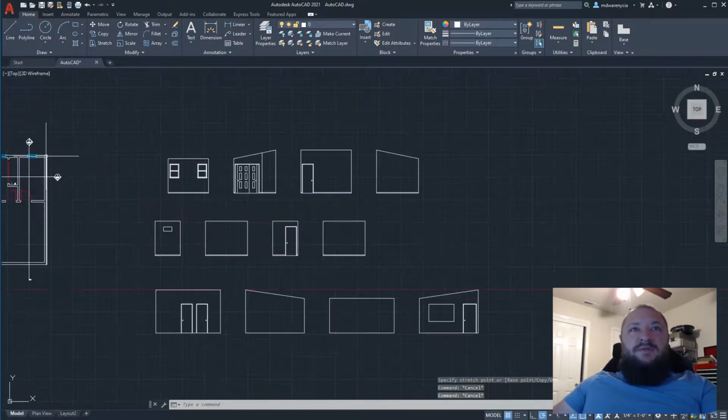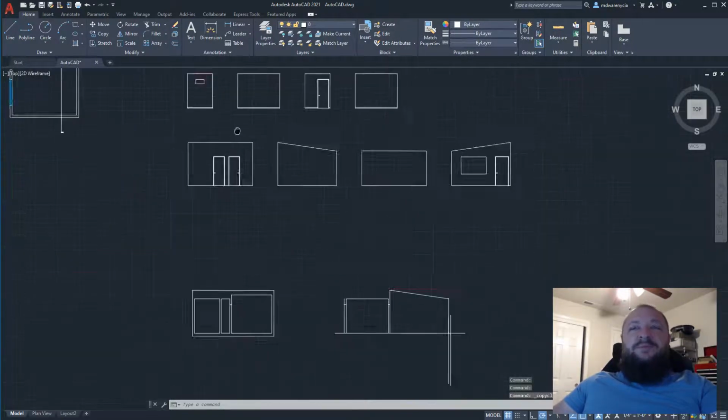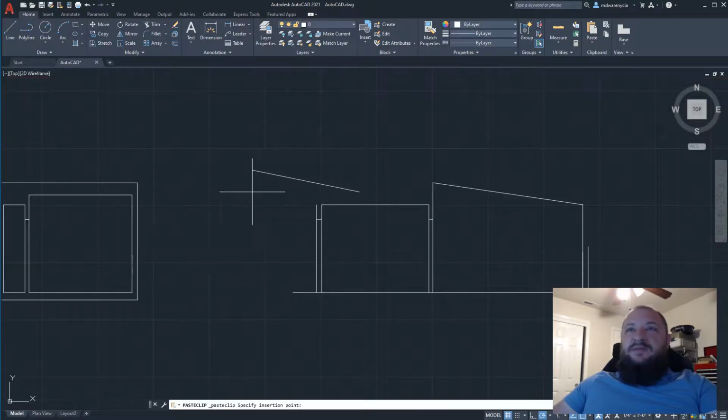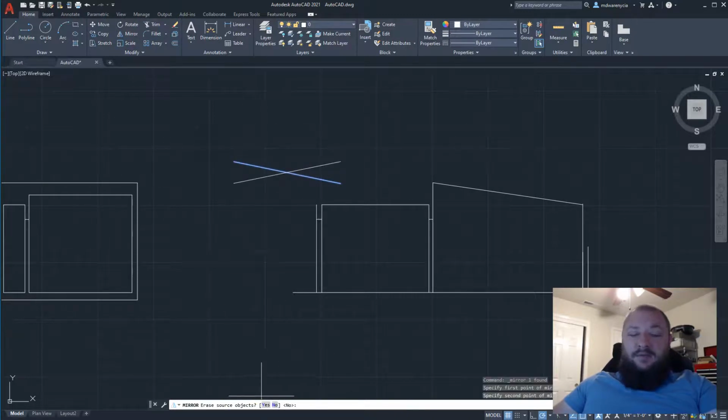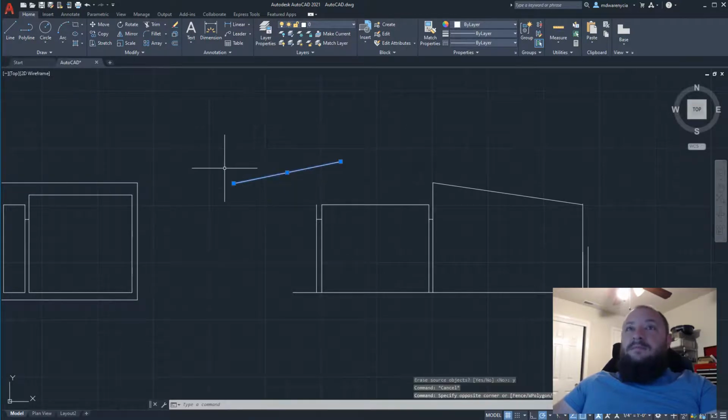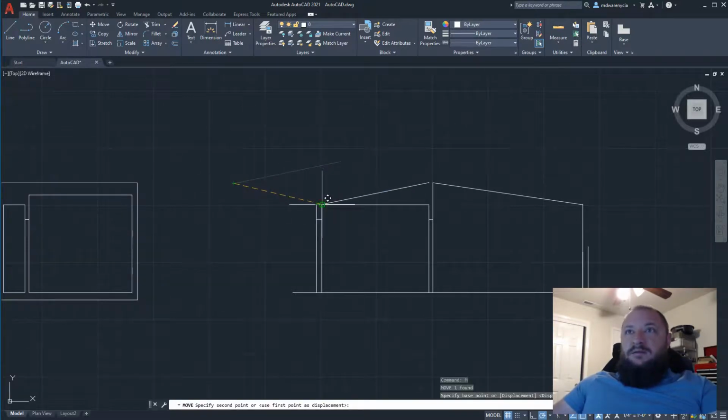Alright, so for this bathroom right here, I would actually be using the same roof slope as the bedroom, except that I'm only doing an 8-foot tall thing in that room. So instead what I'm going to do is I'm just going to mirror this and erase source objects. And now when I go and place this here,